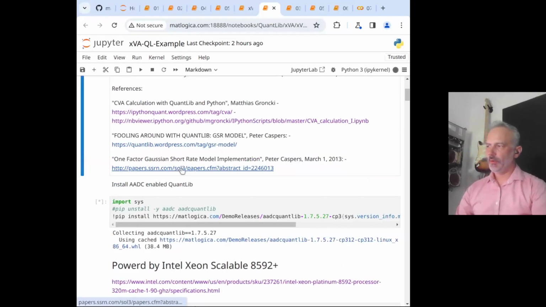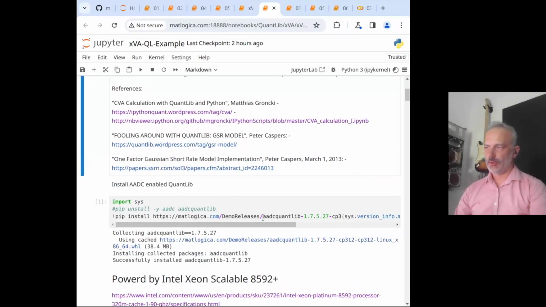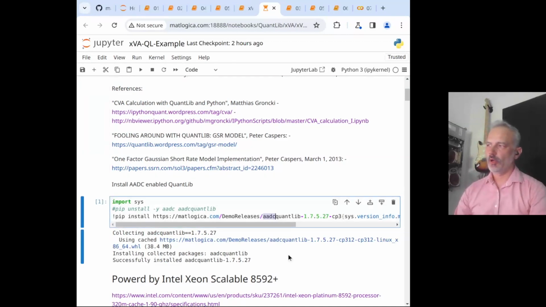So what we do here, we're installing not just ADC core, but ADC core that also includes the open source QuantLib library enabled with the active double type. So what does it allow us to do? It allows us to record calculations that happen not only in Python and NumPy, as we saw, but it also allows us to record what happens in a C++ external library.